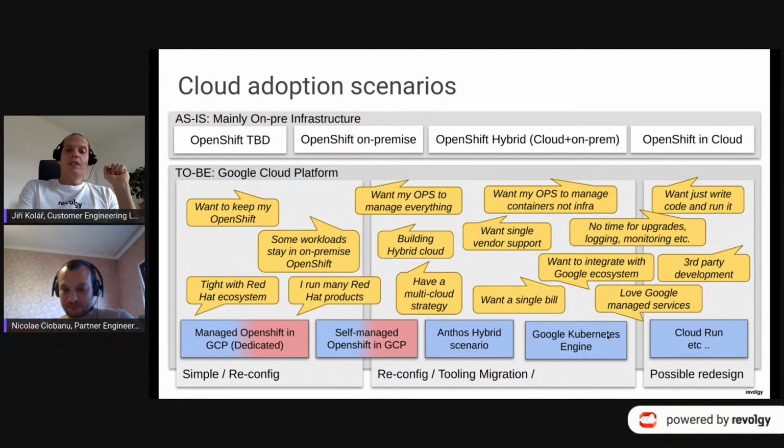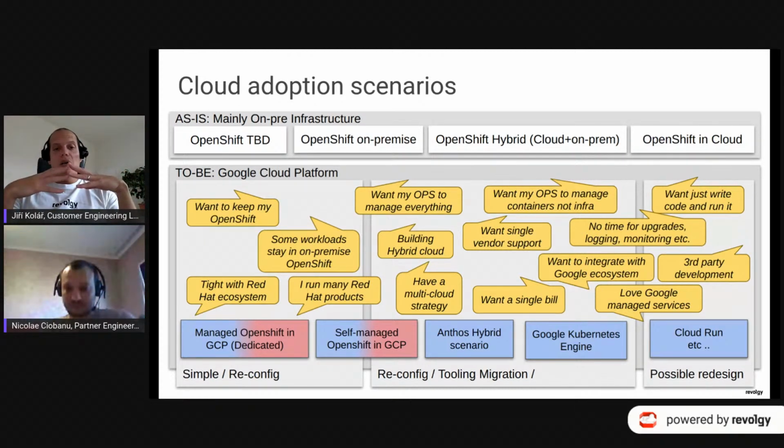And then there are these purely Google options in the next sections. So you can also say that I want to maybe run Anthos, which is a very similar product to OpenShift, just from Google. It's the one that Niku mentioned, right? So maybe you like Anthos, and maybe you still want to stick with this hybrid scenario to run something in cloud, run something on prem, or combine these together, right?